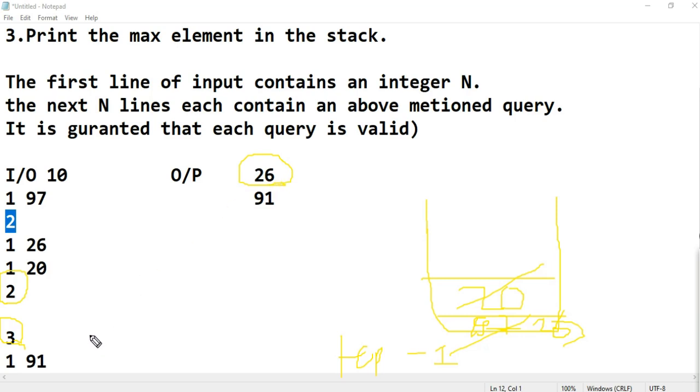Then after it, again we push an element in the stack, which is 91. Then here it is storing 91.